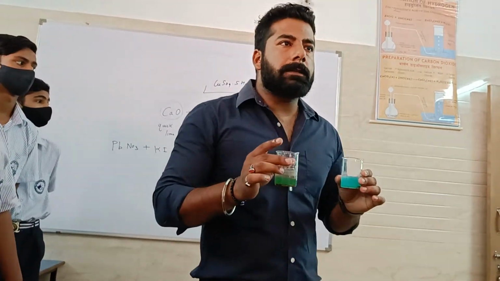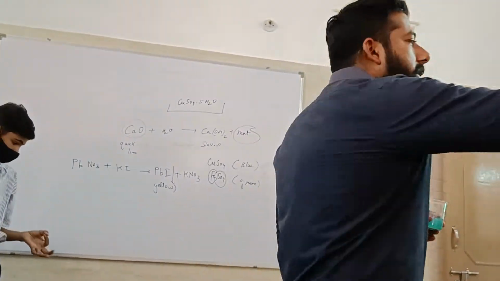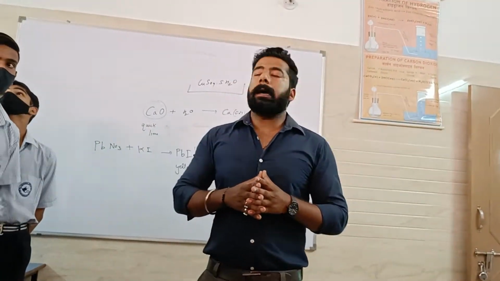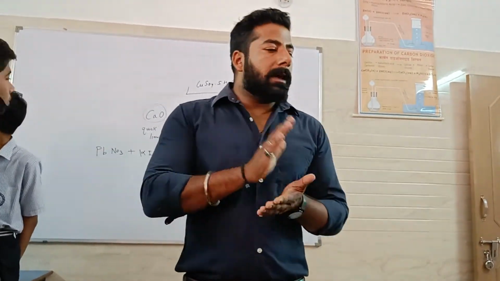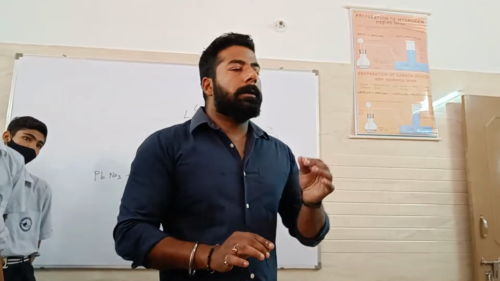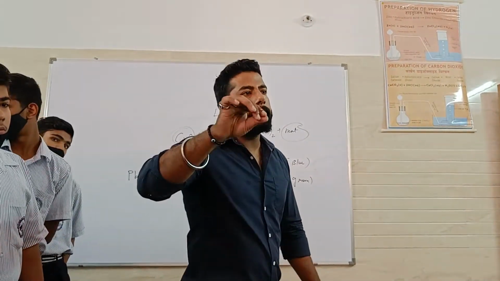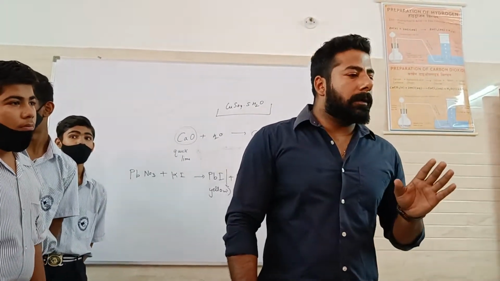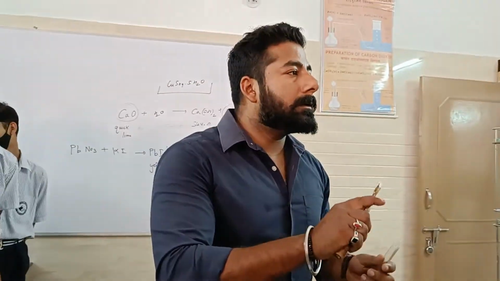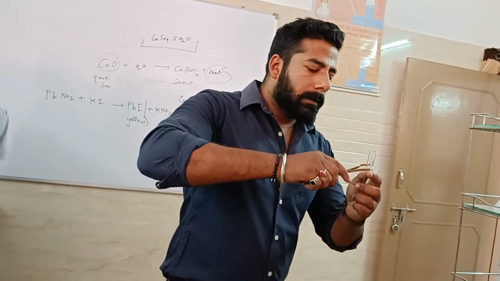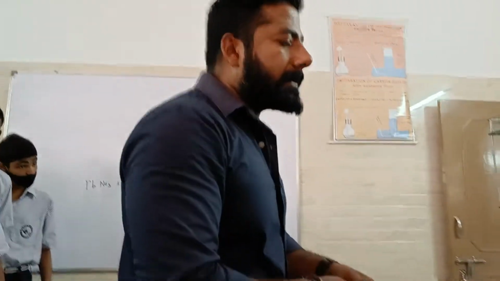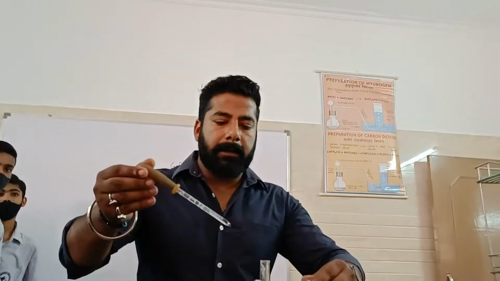So these are the few reactions which we discussed today, and we have one more reaction which is a clear example of an exothermic reaction. As described in our laboratory manual, we take sodium carbonate powder and add HCl to it. The heat will be liberated and we can easily see it. So this is our sodium carbonate. Now we add some concentrated HCl to it, and we see a reaction.